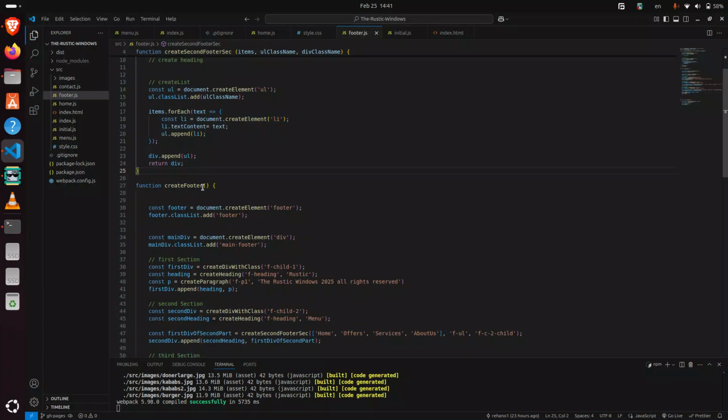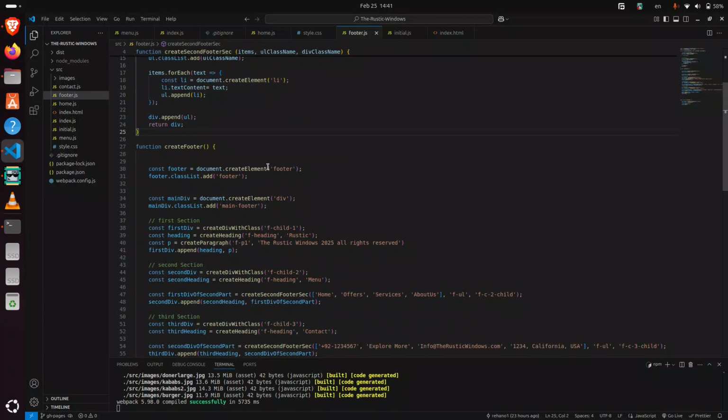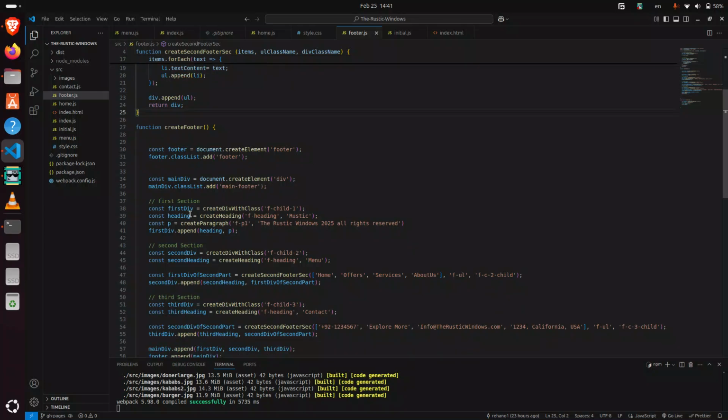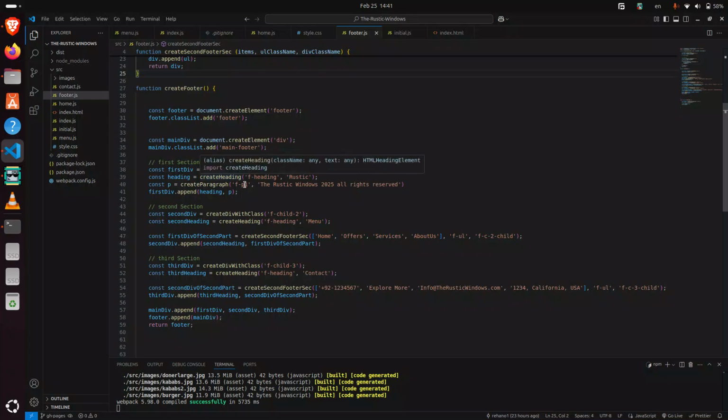Then I've created a function create footer. It creates a footer element and a div with the class main footer. Then I've created the first section, second section and the third section. In the first section I have used a div with a class, created a heading, and created a paragraph with the text and class, and appended this heading and paragraph to the div. And then I created a second div with the heading of class and text, and I have created another